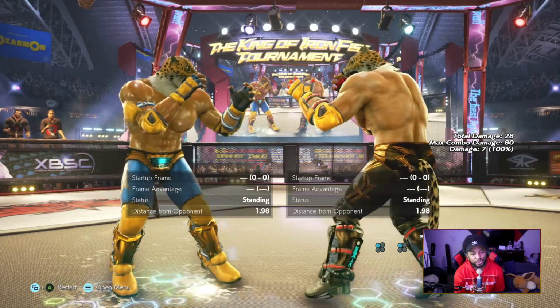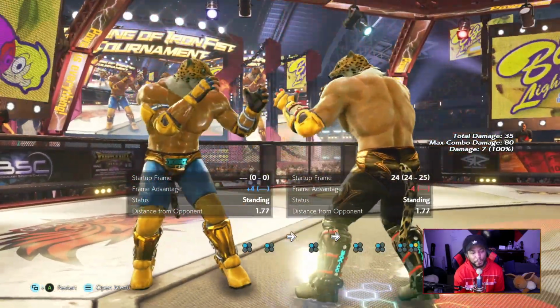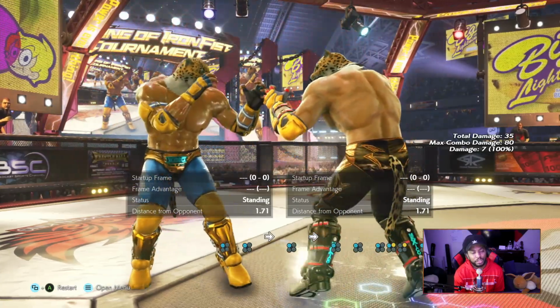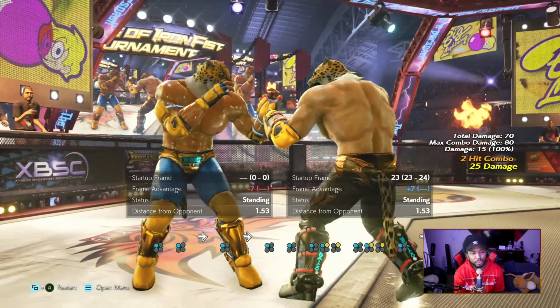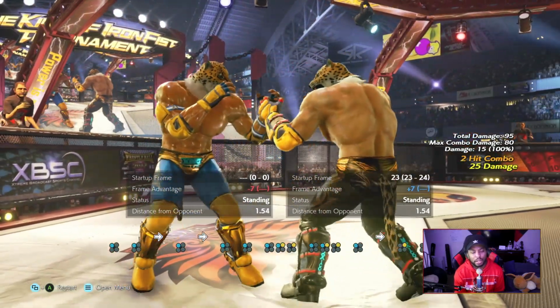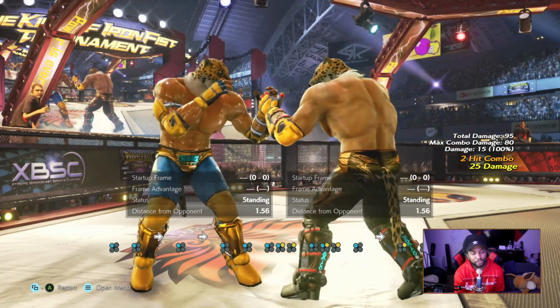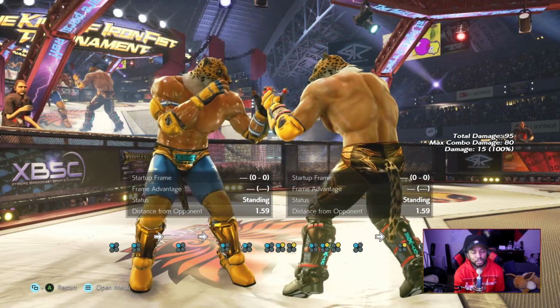has good follow-ups. 1-2, 1-2-1 as a string. His 2 is pretty good. His 2 is good at poking. 2-1 is pretty much a solid string and a pretty solid poke. It's +7, it gives you good frame advantage. It's a high mid string, it's one of the things that I was talking about earlier, where you want to